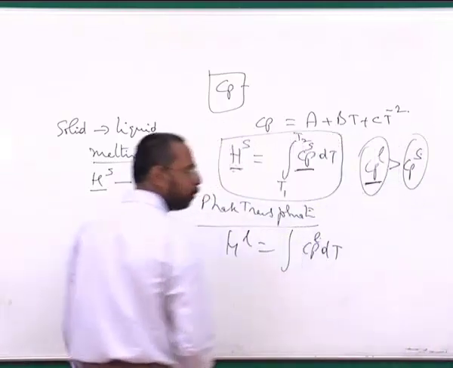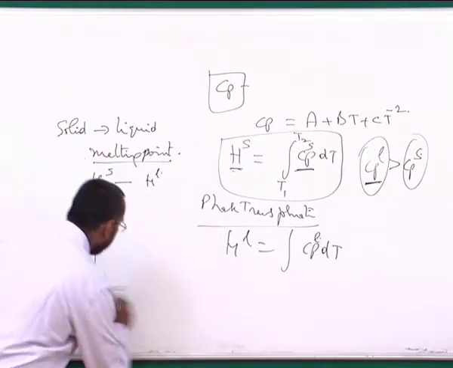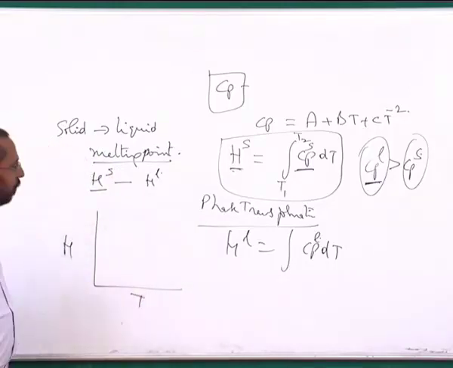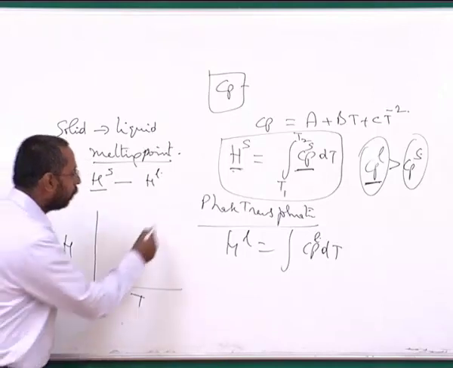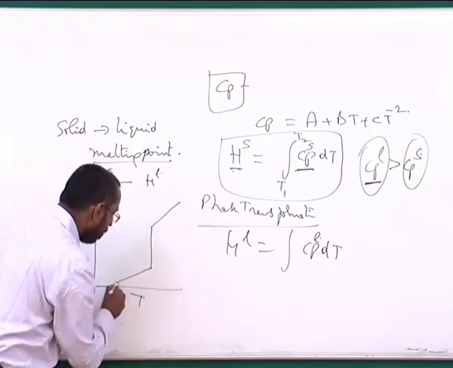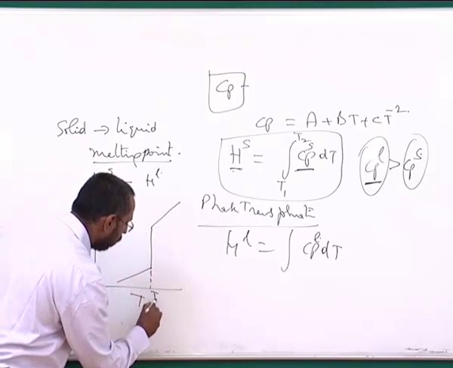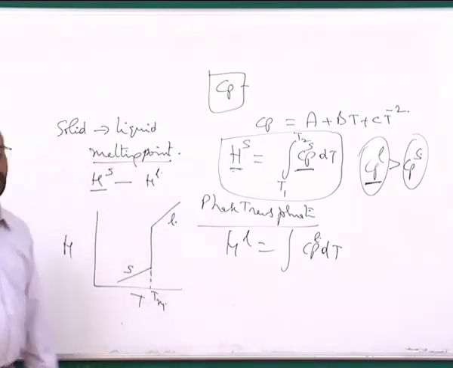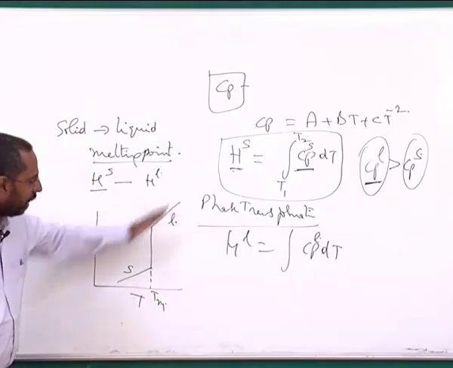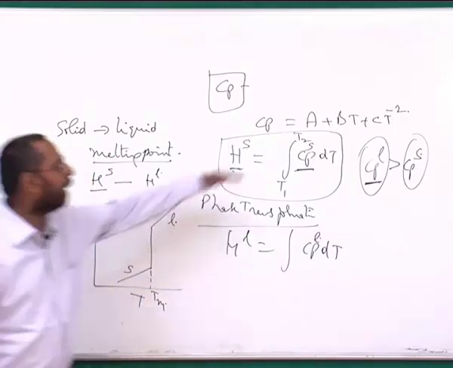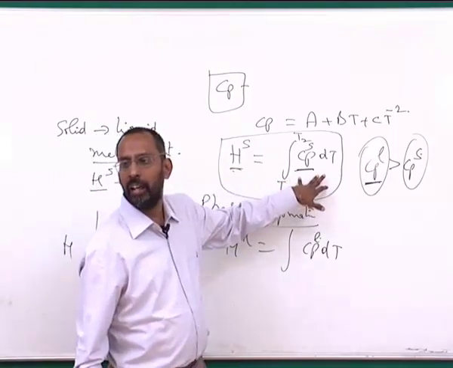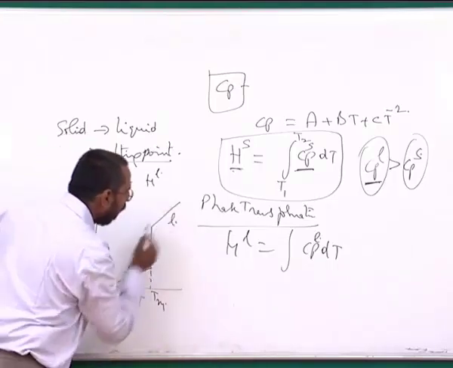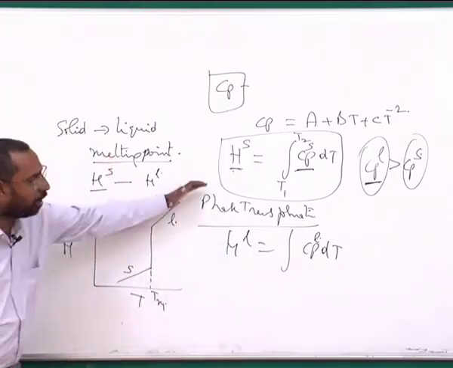and that brings down to the fact that if I plot the enthalpy as a function of temperature, you will see a plot something like this, where this particular temperature is the melting point, and this is a liquid and this is a solid. Of course, this is not really a straight line. One has to remember that, because this Cp is not a constant here. Cp is varying as a function of temperature. So this has a certain slope, and the slope changes with temperature.